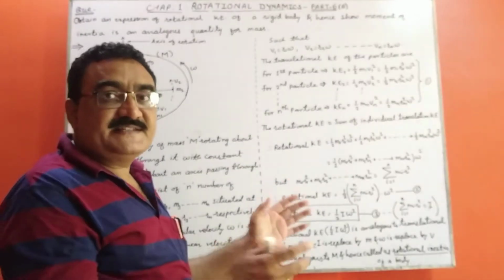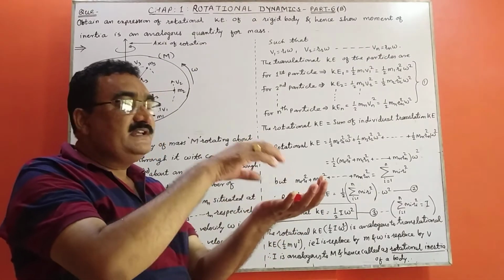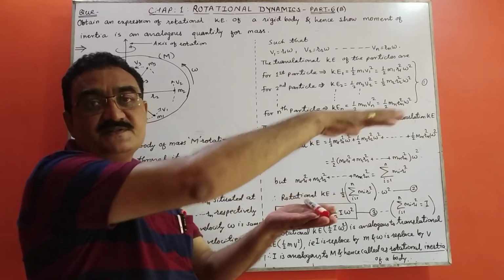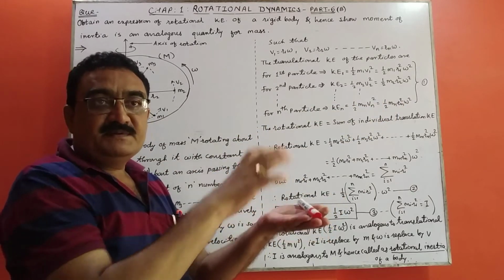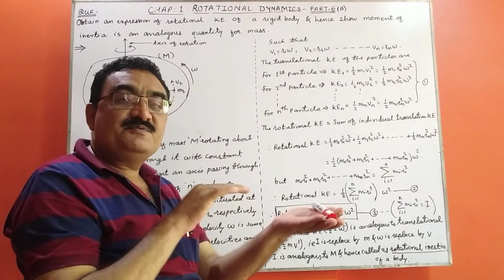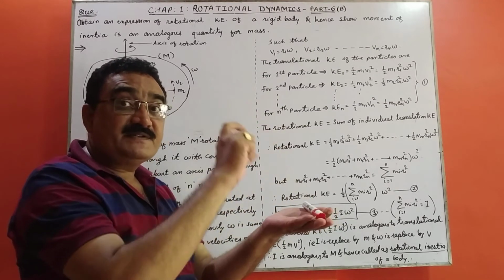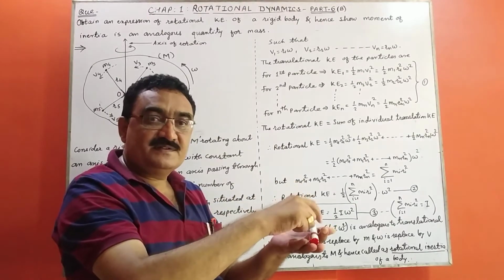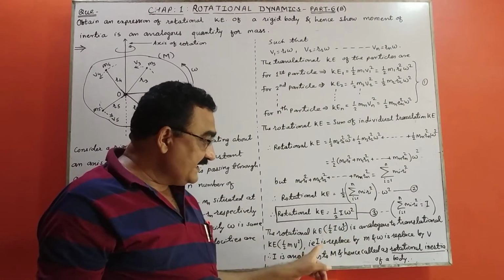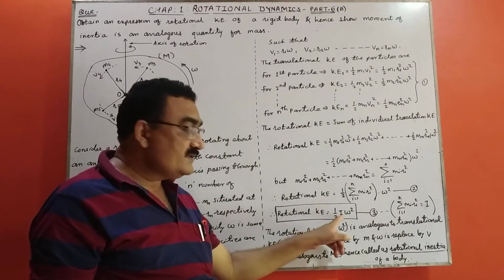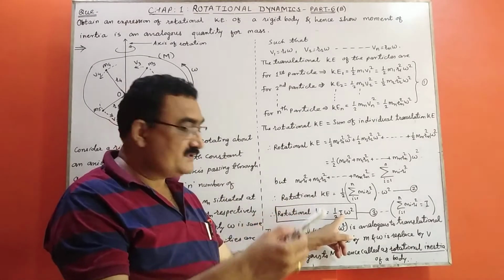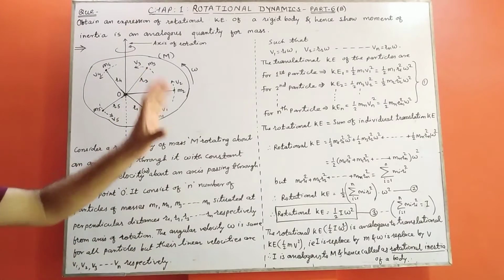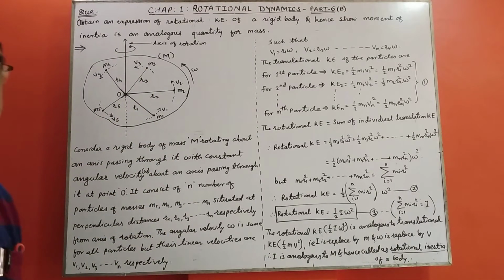Mass represents inertia of a body, because if the greater mass is there, then according to Newton's law, greater force is required to push it. If the mass is small, then small force is required. Means by Newton's second law, mass represents inertia of a body in translational motion. But here m is replaced by I. So I is also inertia, but it is for rotational motion. So it is called the rotational inertia of a body. In this way, we can see this expression of kinetic energy.